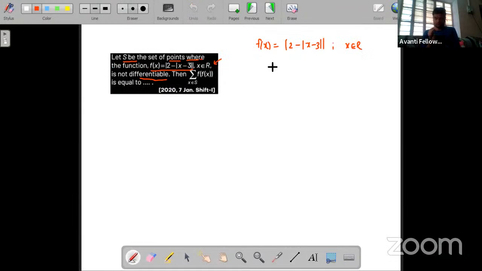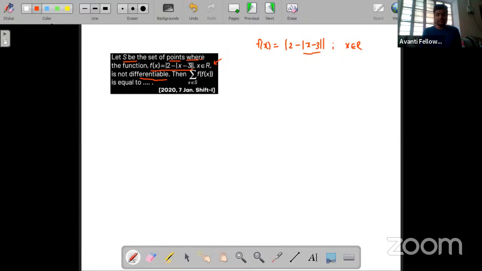graphical approach. So what we do, one by one, we will draw the graph of the inside function, and then we are going to make the function f(x). So initially we can see this complete internal function is modulus of x minus 3. And when we see modulus, we remember mod of x, right? What is the graph of mod of x? Sir, this graph. Victory sign graph. So we'll start with the victory sign graph.